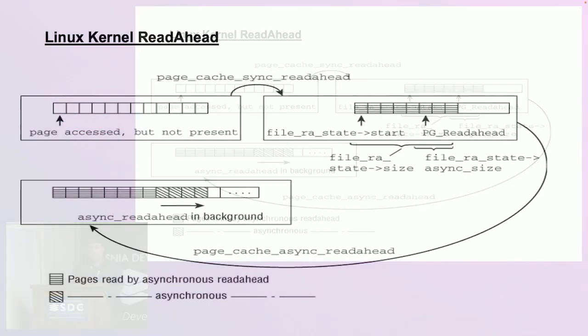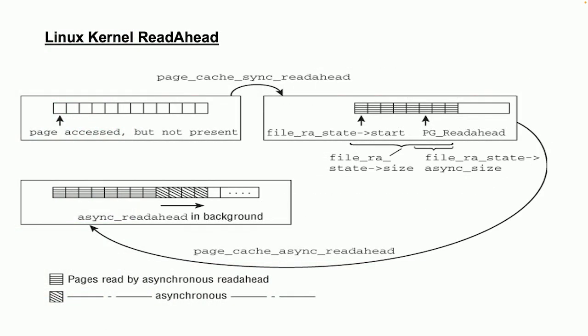So let's try to understand a little bit about the Linux kernel read-ahead. The reason is we have to identify the places where we have to hook in the kernel, for seeing what the current read-ahead strategy is, how read-ahead is working in the kernel right now. So typically, if you see the left-hand block, there's nothing in the page cache. You try to access the page, a page fault will happen,